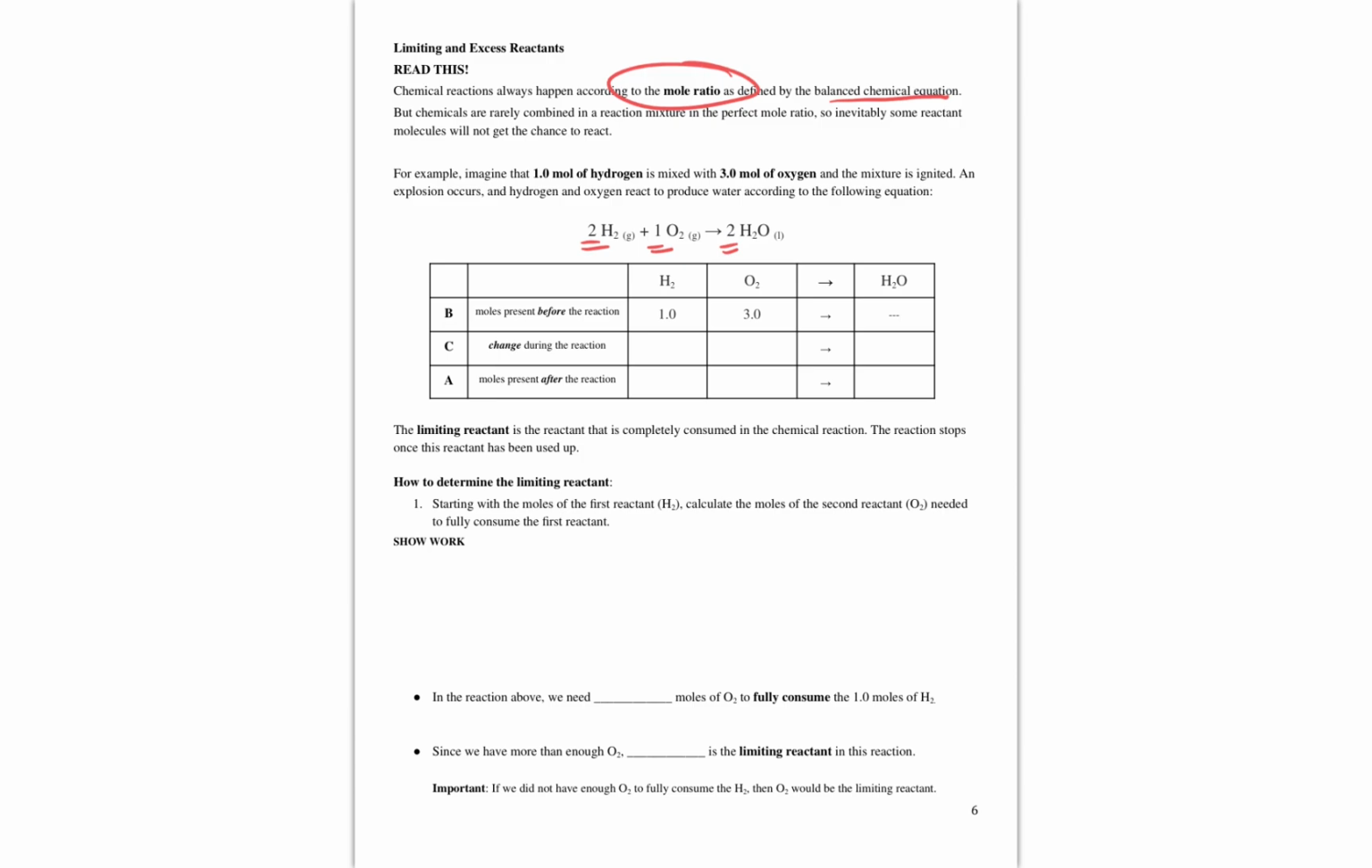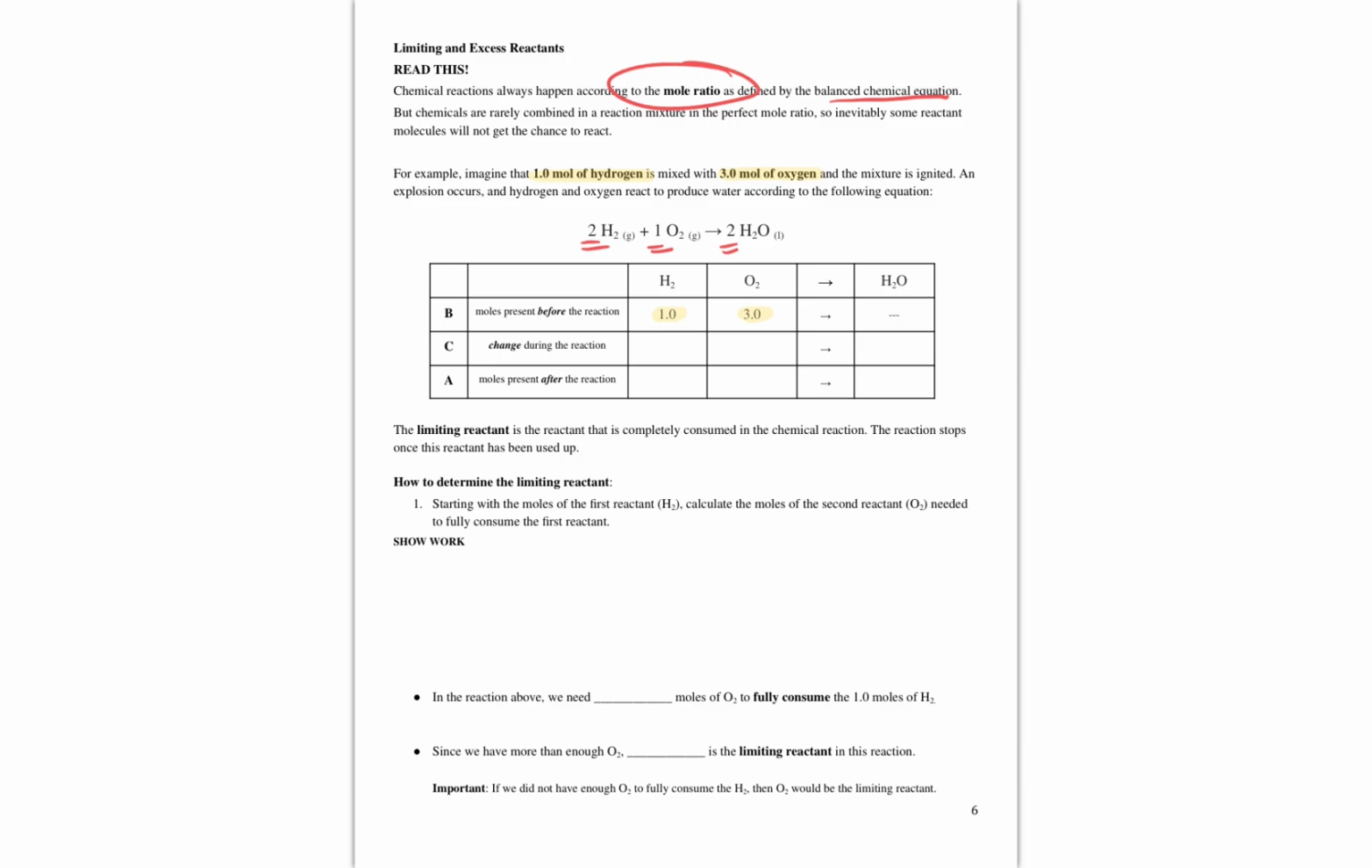For example, let's look at the reaction below, where we have hydrogen gas combining with oxygen gas to form water. The mole ratio says that 2 moles of hydrogen need to combine with 1 mole of oxygen to produce 2 moles of water. But in our reaction mixture, we have 1 mole of hydrogen, and we're mixing it with 3 moles of oxygen. Since the reaction mole ratio is a 2 hydrogen to 1 oxygen ratio,